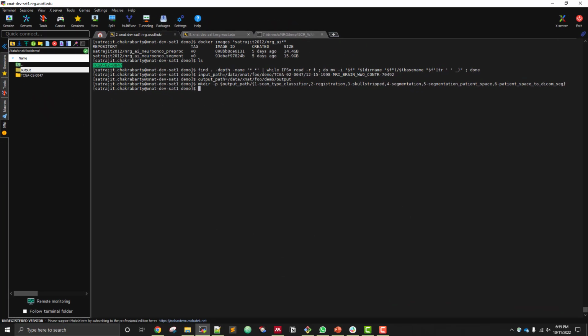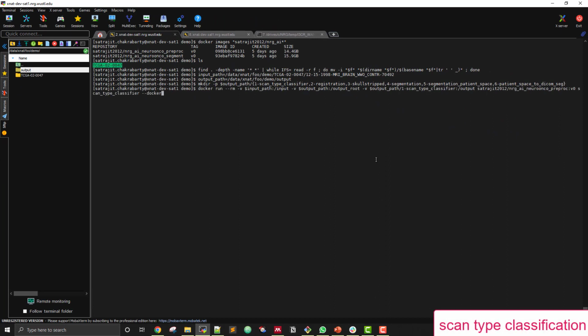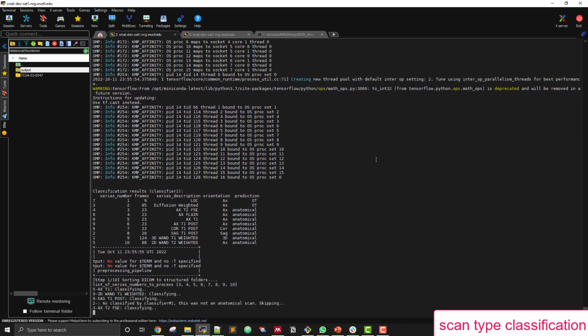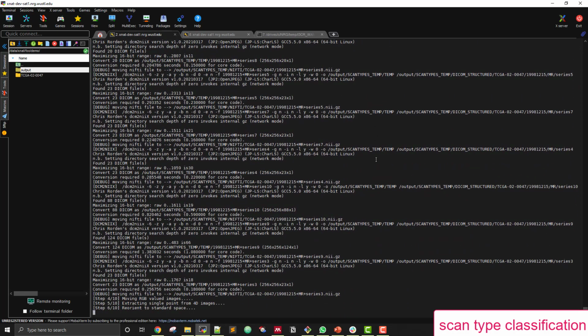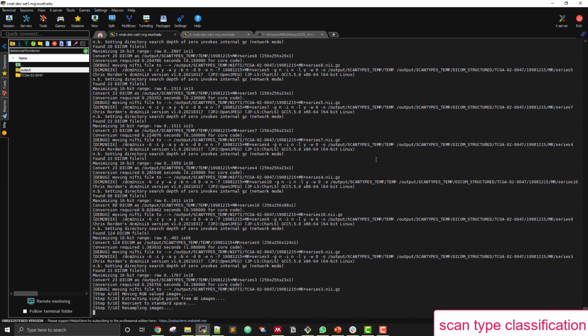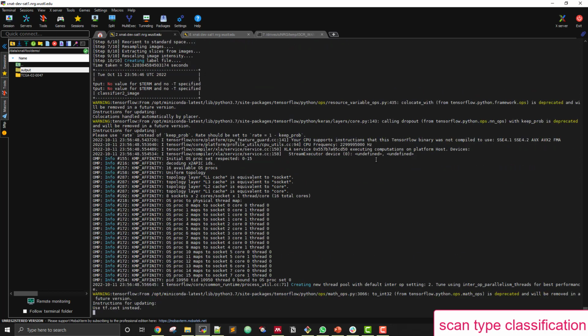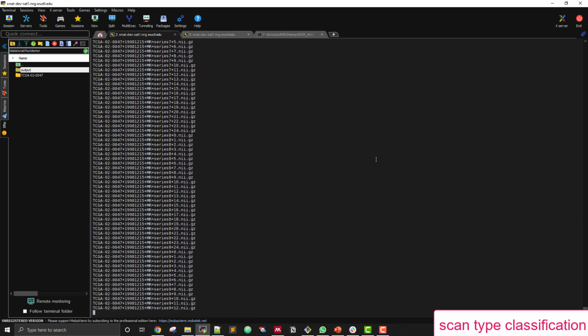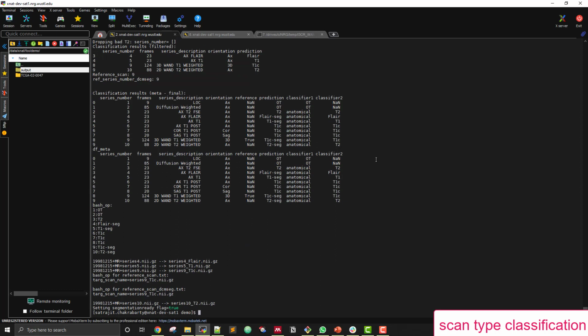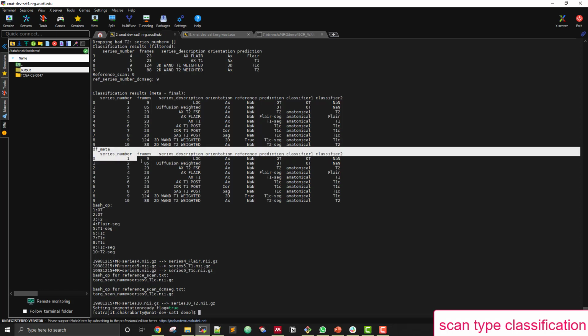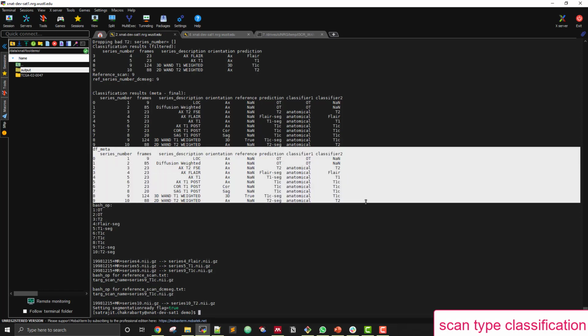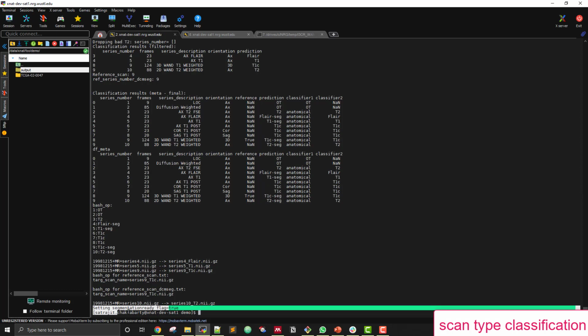So once all the directories are created, now we run the first command of scan type classification, and scan type classification runs. So now the scan type classification has stopped running, and we can see the classified predictions of each scan, and we can also see that the segmentation ready flag is set to be true.